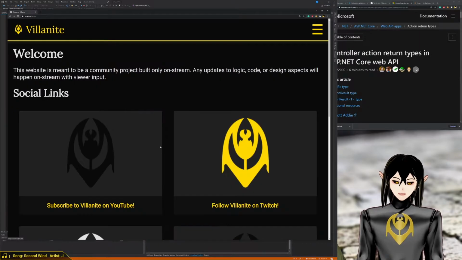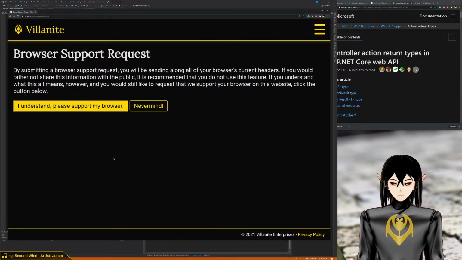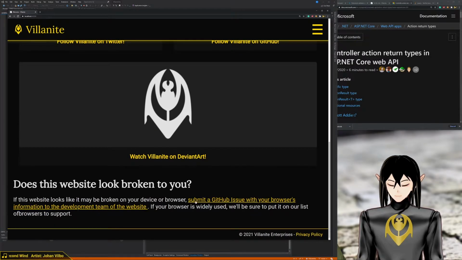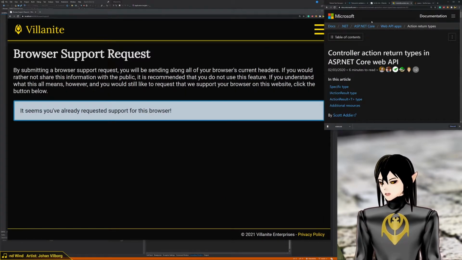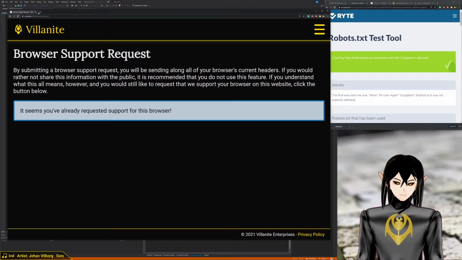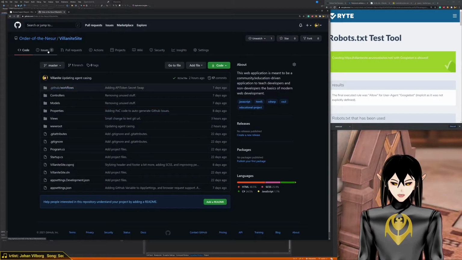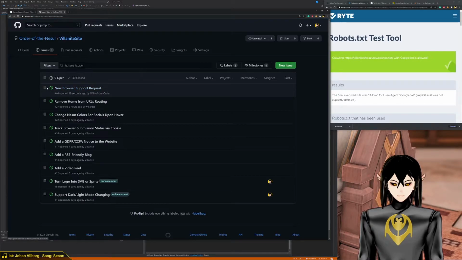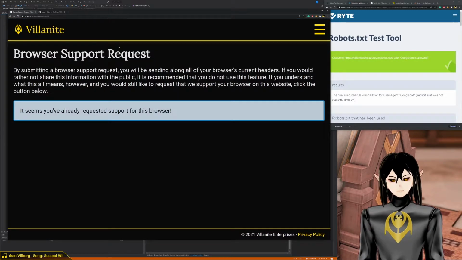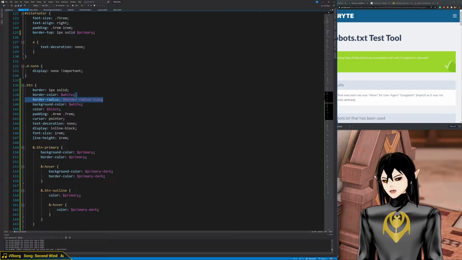I understand. Please support my browser. Never mind. Click never mind. They go back here. Okay. And then you come back. It seems you've already requested support for this browser. Awesome. All right. Just go to GitHub real quick and kill those test cases. I'll kill those test issues. Kill that guy. Close. All right. So now, next thing is supporting GoogleBot,